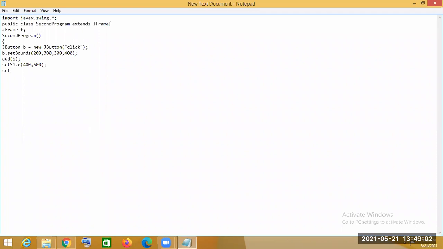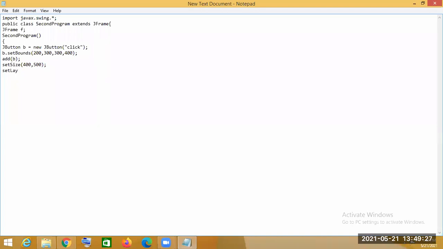Then setLayout. Now, which layout will we choose? We have seen our layouts: border layout, card layout, flow layout, grid layout. There are four types of layout present. If we choose default, that means the default layout will be chosen. If we choose the default layout, then we pass the parameter as null.